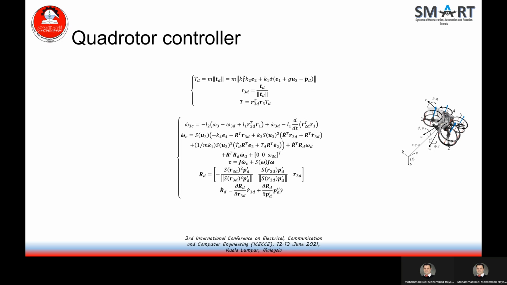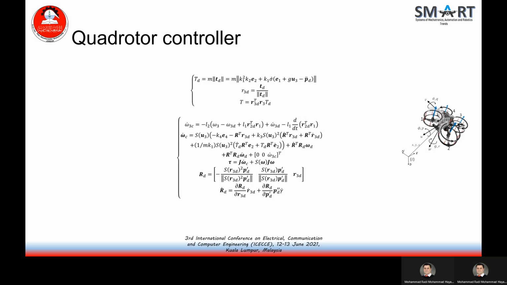The backstepping controller in this work is used for control of a nonlinear process or operation. The controller is adopted for its capability to solve the stability problem inherent in a quadcopter. And most importantly, the control system guarantees a global asymptotic convergence of the quadrotor position to the desired path.